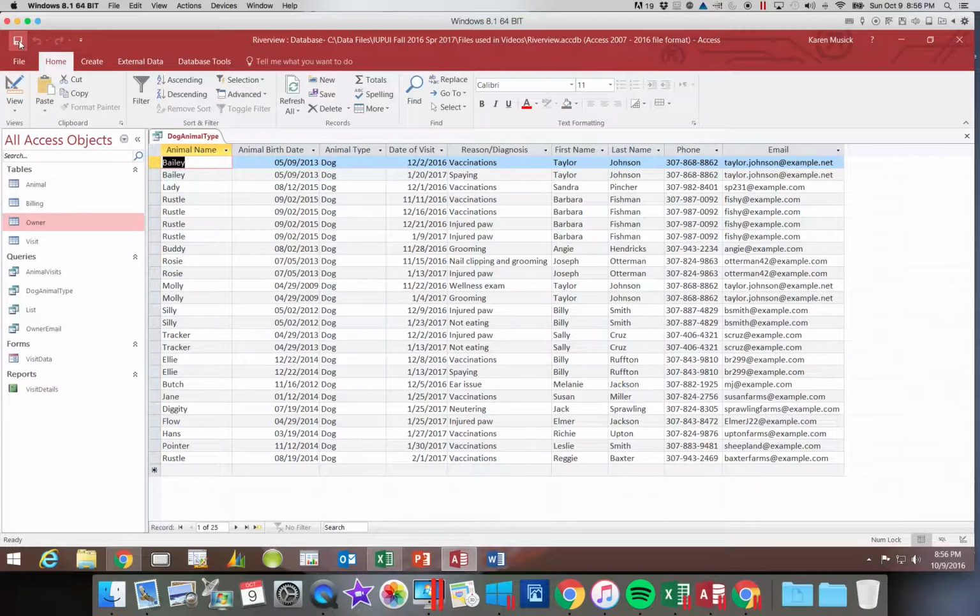Now what if I didn't want the field animal type to show? Because I've said up here that this query is only going to show me dog animal types. Every record in this query set has the same answer, so I really don't need to see that column. So one thing I could do is I can go back into Design View,